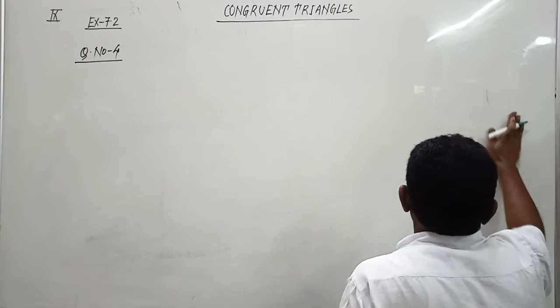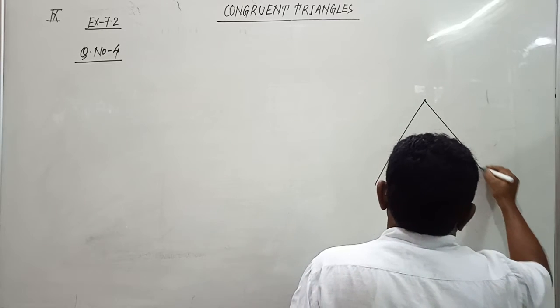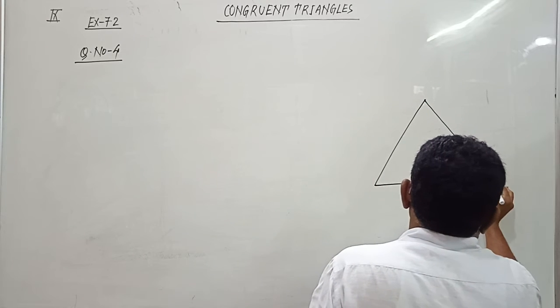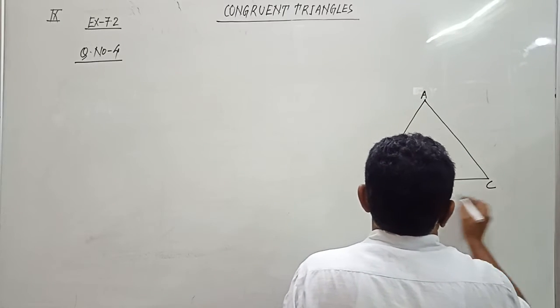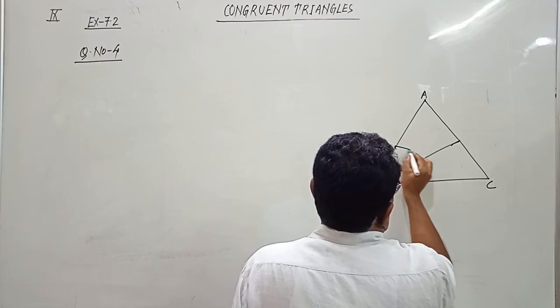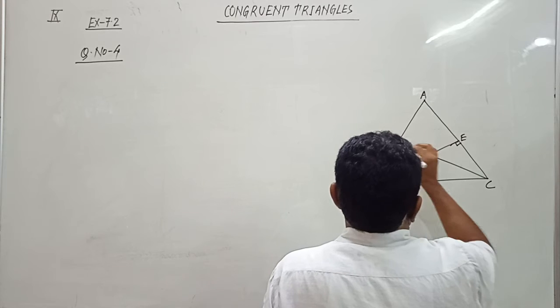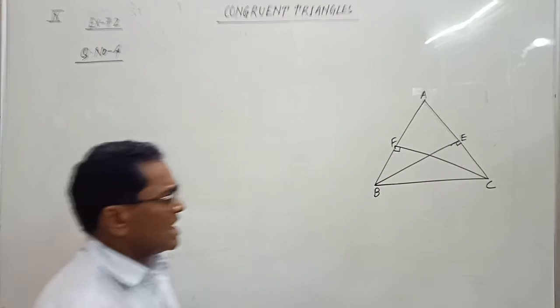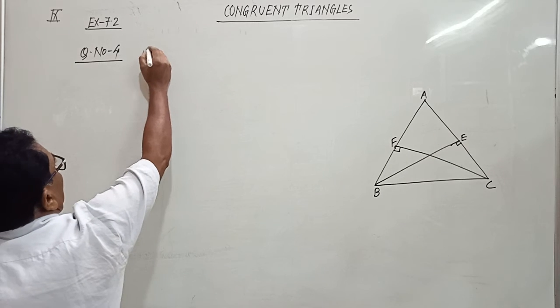We have been given any triangle ABC in which the altitudes BE and CF are equal. So, given triangle ABC in which